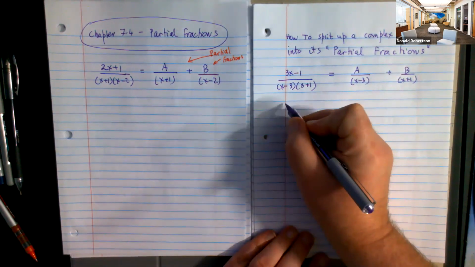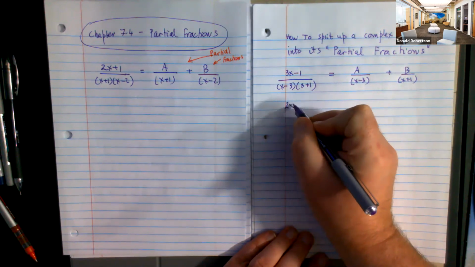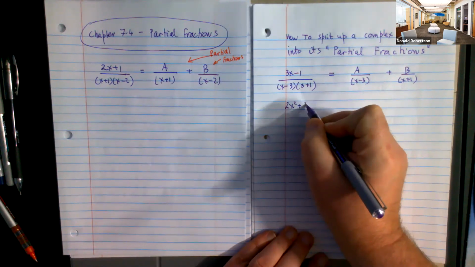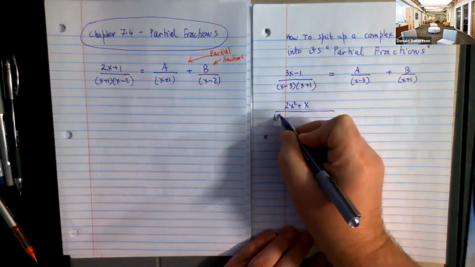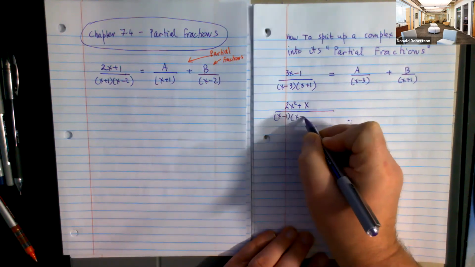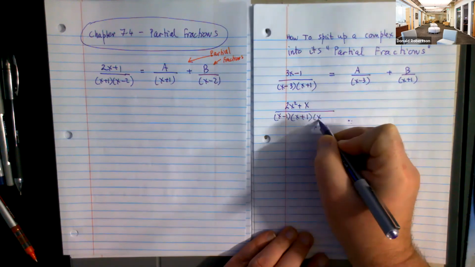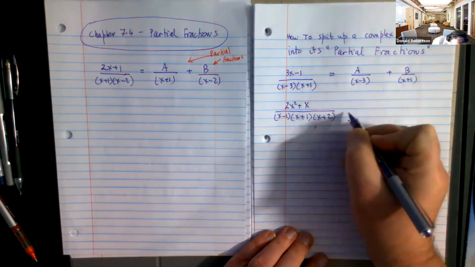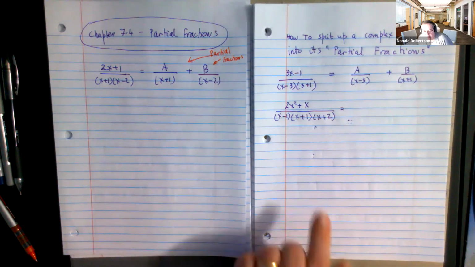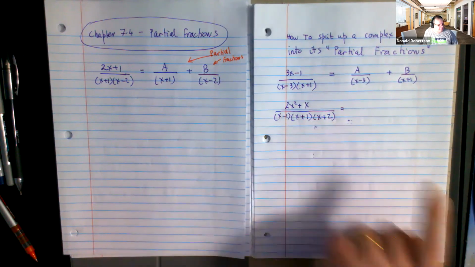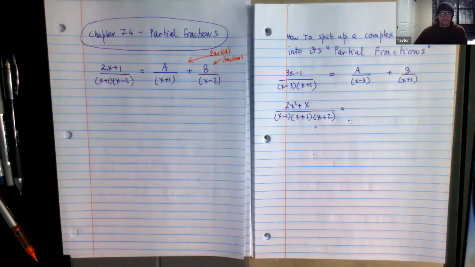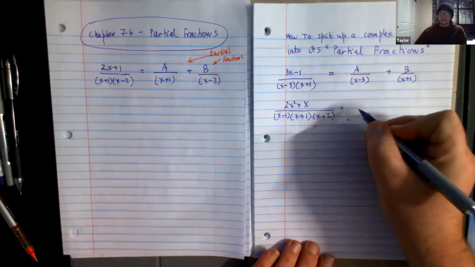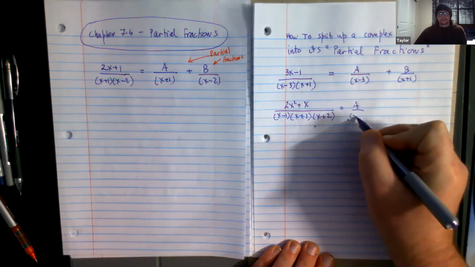How about 2x squared plus x over x minus 1, x plus 1, x plus 2. How many partial fractions do you think this breaks into? 3. And not surprisingly, that guy,